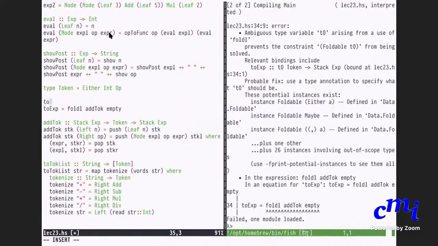Sometimes if you use functions that are too general, like foldl, etc., you have to give some extra nudge. So this toExp I want to be token list arrow, list of tokens to expression. Okay, great.